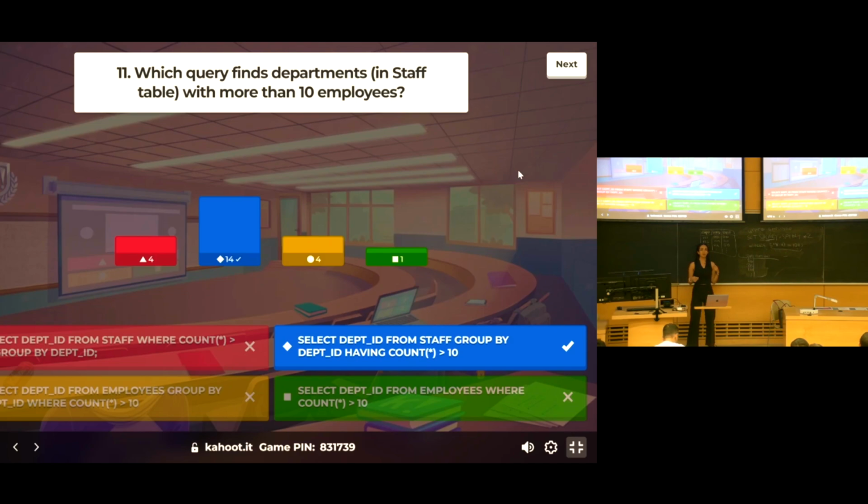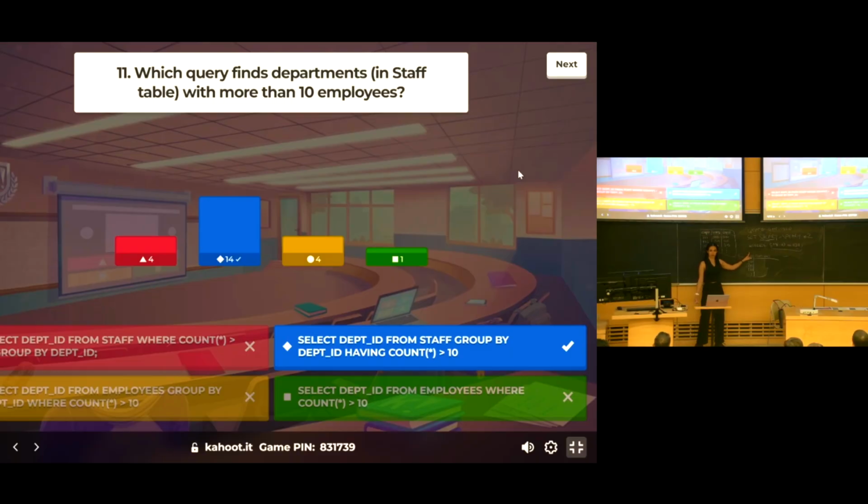So always, if you're confused or not sure which answer is correct or how to write the query, think about what your result should look like. Try to answer the question. If you cannot write the SQL query, try to answer the question with the result that you think should look like, right? So having this question, even if you don't know the SQL query, you know that your result